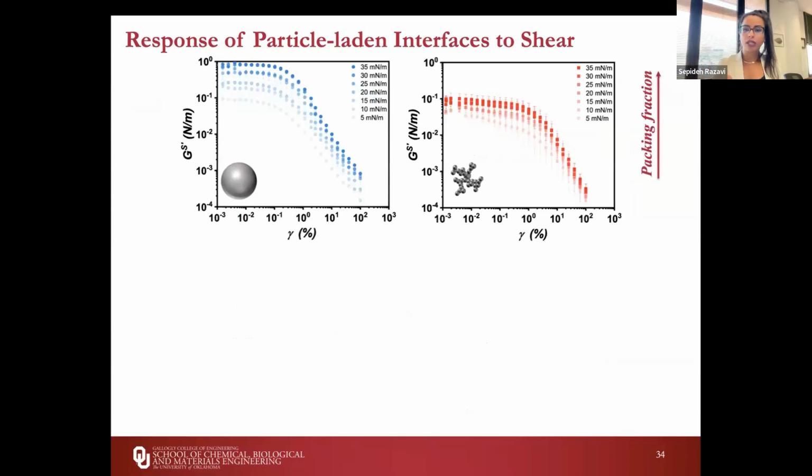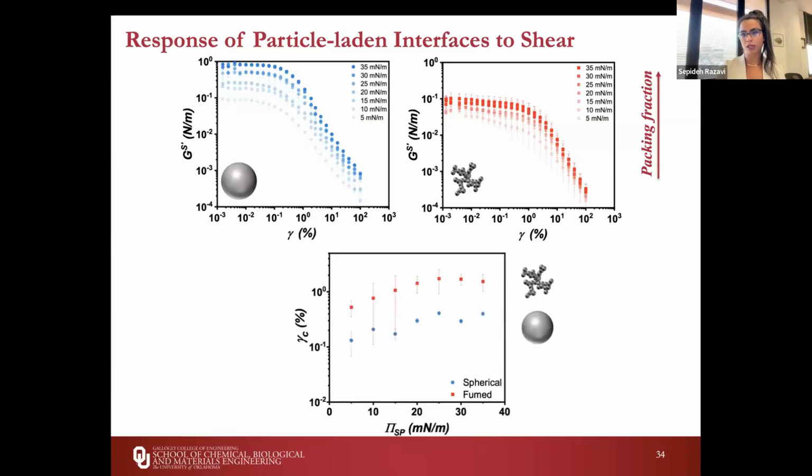But what is interesting is looking at their yield, right? So how much strain can I apply to this network before this network starts to flow? And you can get that information by looking at the strain amplitude oscillations and look at a run of changing the strain and look at how the monolayer responds, and what is the response of that monolayer from a plateau value of G prime, meaning that the network is not perturbed or broken, up to the point where the network is now flowing, and that's why the G prime goes down. So from that cross section, we can actually get the strain value at yield. So how much strain we can apply before the network yields.